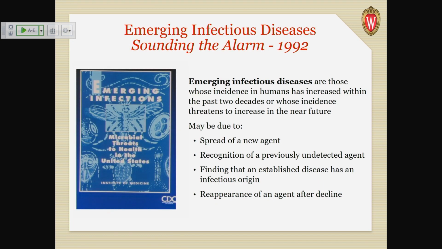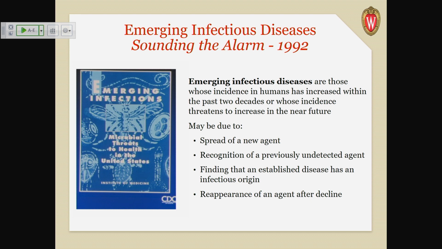So, brief history on emerging infectious diseases in general. There was an Institute of Medicine report back in 1992 that really coined the term. Before this, there was no term emerging infectious diseases. So this is where they defined it. And these are those whose incidence in humans has increased in the past 2 decades, or that threatens to increase in the near future. And it could be due to quite a few different things: a new agent, previously undetected agent,